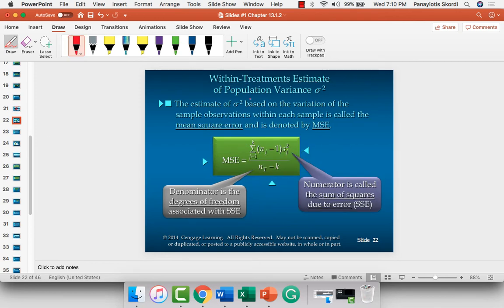So this is the within treatments estimate of the variance. Okay, it's the formulas we've seen before. Again, I split this out. I did it as the numerator, the total variation within the treatment groups, and then we worked out the mean variation by dividing out by this. Okay,